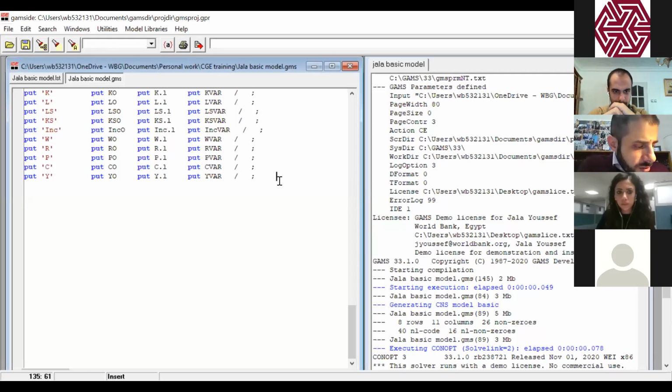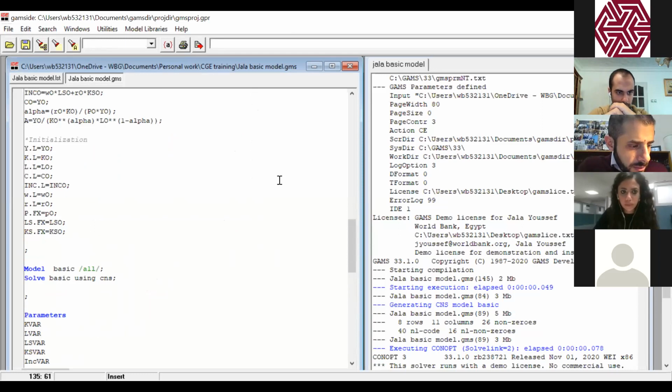Back to initialization. Okay, and then please, as I said, we will declare now the simulation in the initialization part. So let's assume that we will increase capital supply by 20%. So in this case, we will multiply KSO by 1.2. Like this? Okay. This means that capital supply increases by 20%. So no need to save, because whenever you run the code, it's automatically saved. So now you can run, please.